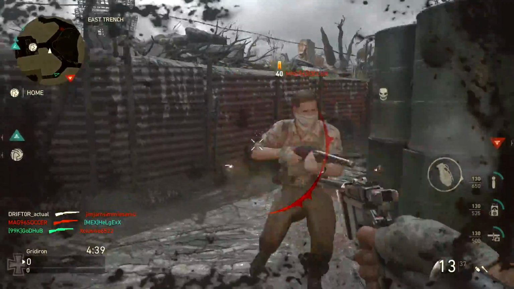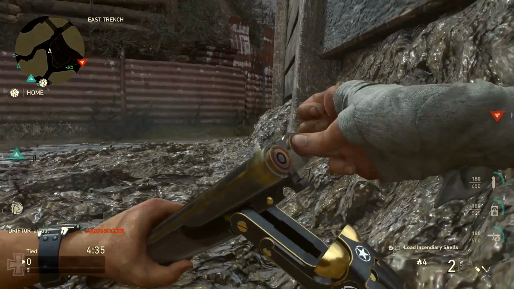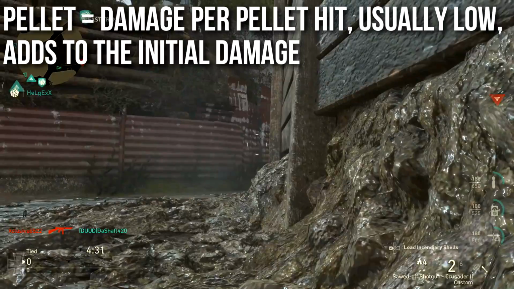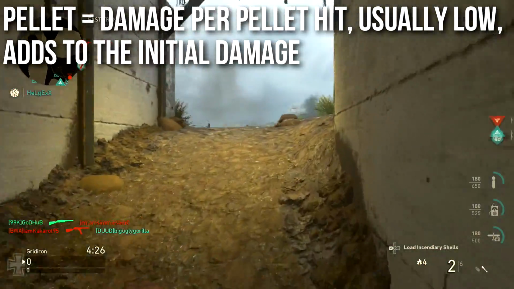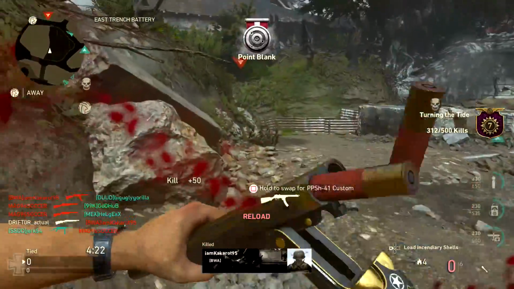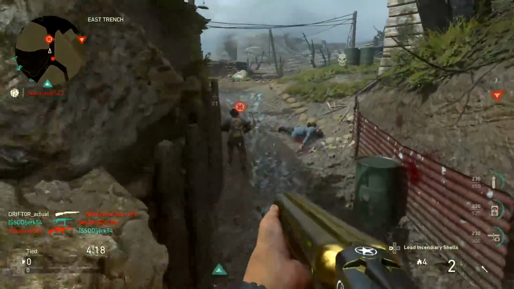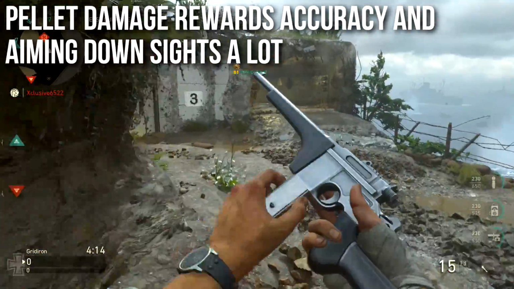Now, when it comes to the pellets, they do matter, the spread does matter, and your accuracy does help, because each pellet that hits applies a certain amount of bonus damage on top of that initial. Now, the pellet damage is usually really low, in some cases 1, sometimes 2. The highest on the Luftwaffe drilling is 10, but basically this is a little bit of icing on the cake, and the idea is that pellet damage rewards accuracy and it rewards aiming down sights a lot, which we're going to talk about in a minute,